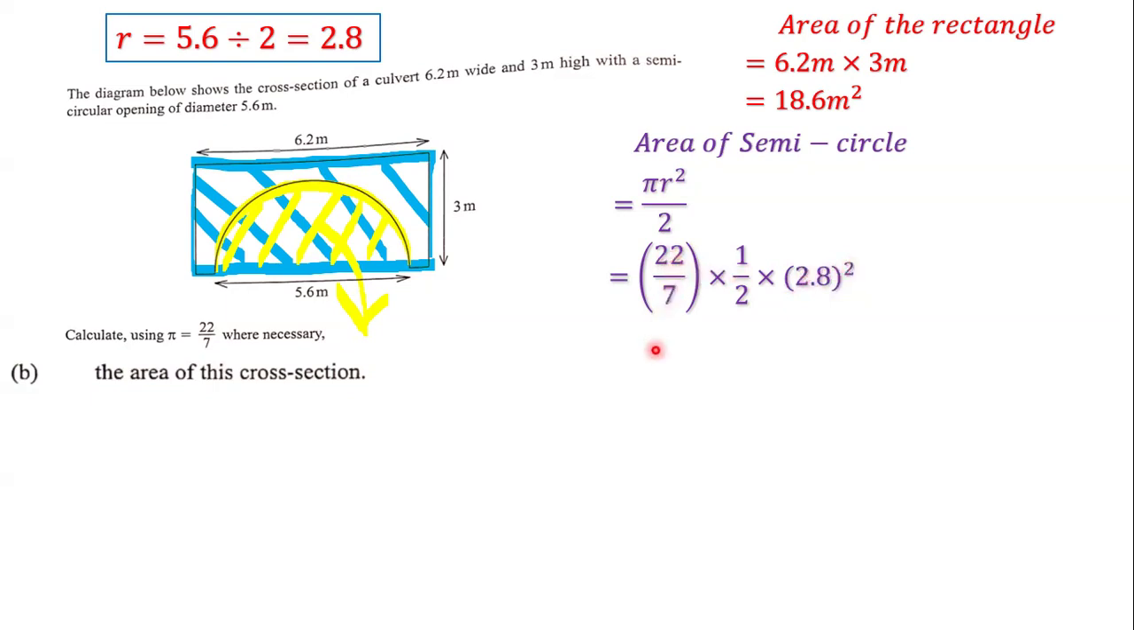Now, what is 22/7 times a half? What I actually did was I multiplied 22 times 1, which is 22, and 7 times 2, which is 14. And I just kept the 2.8 squared. Next, 2.8 squared gives us 7.84. And so we take 7.84 and we multiply it by 22, and we get 172.48. And we have to divide that by 14. When we divide it by 14, we get